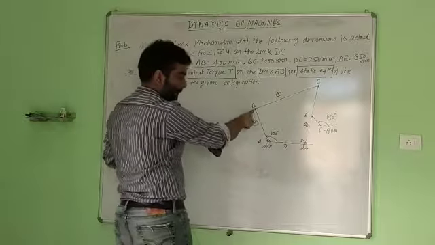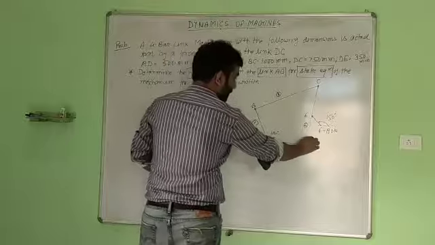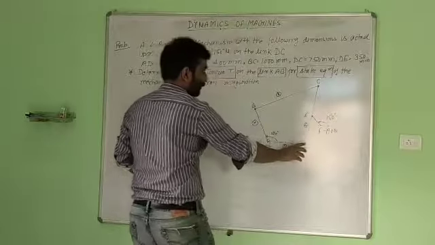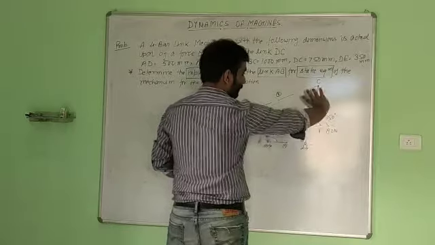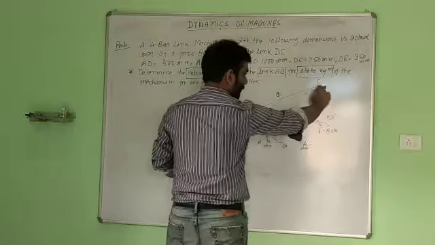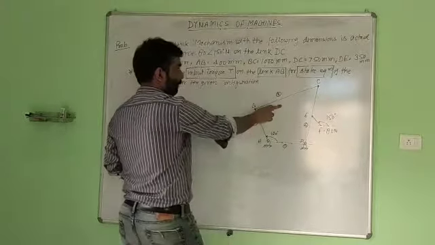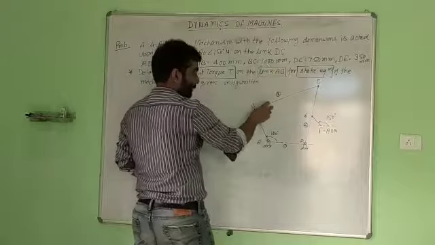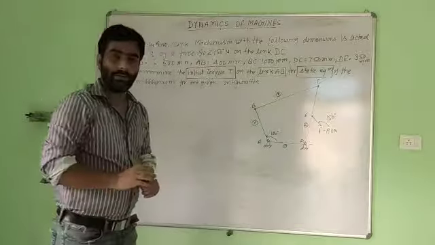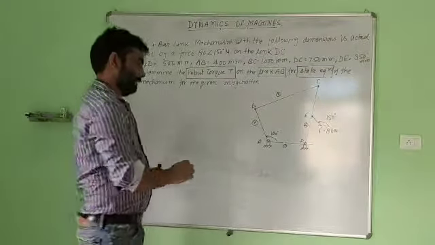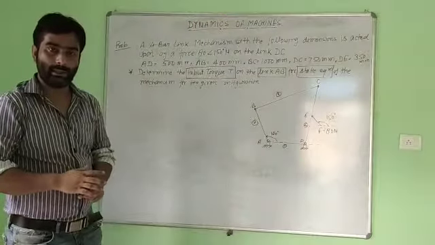Now these 3 points we have known. The length DC is 750. Now cut an arc of 750 mm from point D, and cut an arc of 1000 mm, the length BC, from point B. The point of intersection will give the point C. Okay, join all the points, and we will have the 4-bar mechanism configuration diagram.